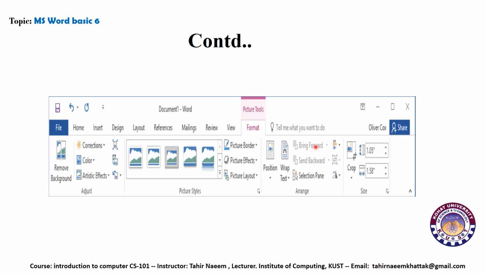We can send the picture backward or bring it forward, and there is the selection pane. We can also rotate our picture, or crop our picture. Crop means that we can cut our picture. And here is the aspect ratio, where we can increase or decrease the size of our picture.